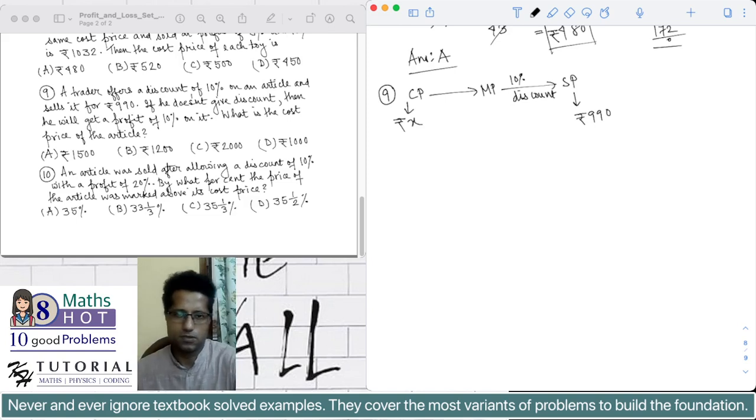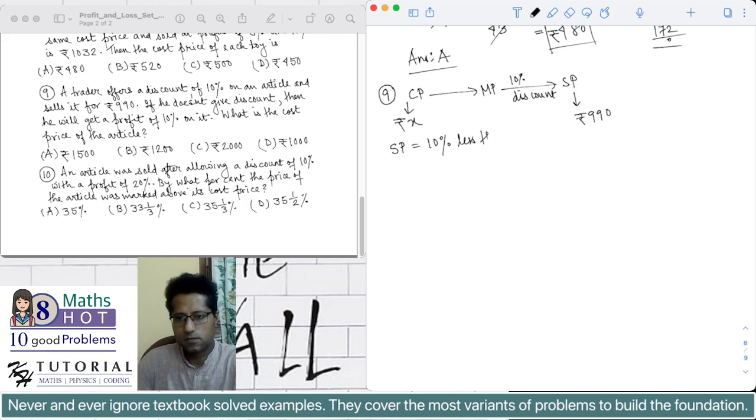A trader offers a discount of 10% on an article and sells it for rupees 990. Now, if the selling price is rupees 990 after giving a 10% discount, then we can easily find the mark price. So, from this information, the selling price has to be equal to 10%